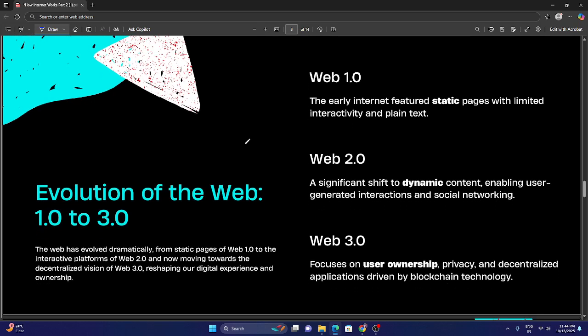Now let's talk about the web. Okay, so here is the thing, guys. Web has three different variations: web 1.0, web 2.0, and web 3.0. The web has evolved dramatically from static pages to interactive platforms. Now here is the thing, web 1.0 is the early internet, okay, where you can only read anything